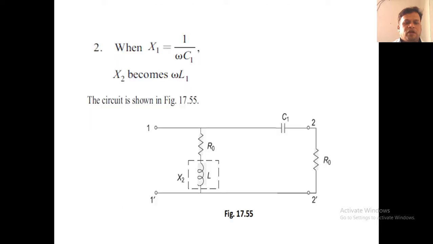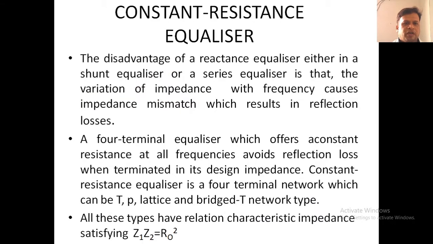So, now students, we have seen this particular figure, where it has the reactance x2 as well as the capacitance C1 and R0, and the load resistance as well as the input resistance are both the same, that is R0. From these values, what we need to know here is that these equalizers are very important for us in electronic networks to compensate some values. We have studied different types of equalizers, that is the series equalizer, shunt equalizer, as well as the full series and full shunt equalizers. And coming to the other equalizer, it is the constant resistance equalizer.